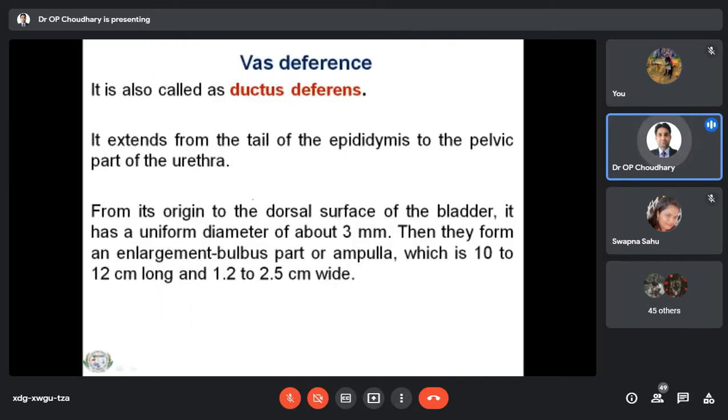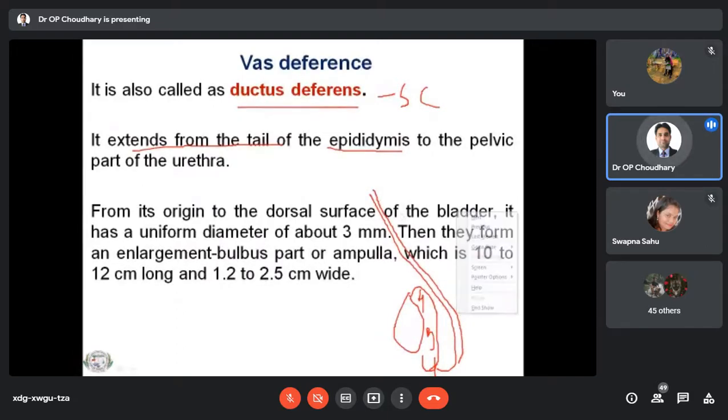So first is the vas deferens, and the vas deferens is also called the ductus deferens. This is important. This is also one important component of the spermatic cord, and it extends from the tail of the epididymis. I already told you that over the testicle there is the epididymis that consists of head, body, and tail. From the tail of the epididymis there is emergence of the vas deferens, and this vas deferens will go and open in the